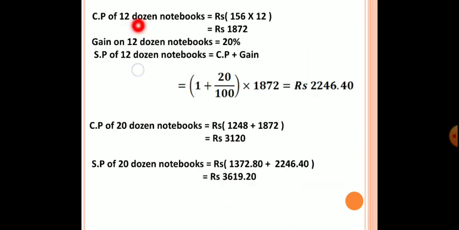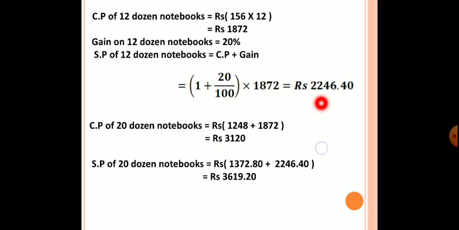Now cost price of 12 dozen notebooks is equals to rupees 156 into 12, which is equals to rupees 1872. Gain on 12 dozen notebooks is equals to 20%. So selling price of 12 dozen notebooks equals to CP plus gain. Again the same formula, that is 1 plus gain percent, which is 1 plus 20 by 100 into 1872. That is equals to 120 divided by 100 into 1872, which is equals to rupees